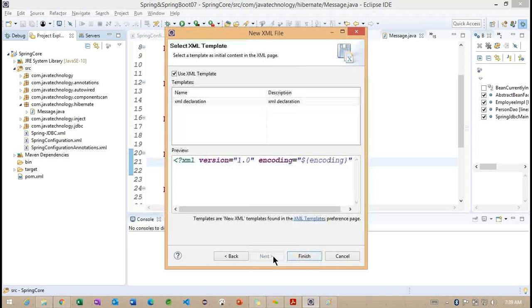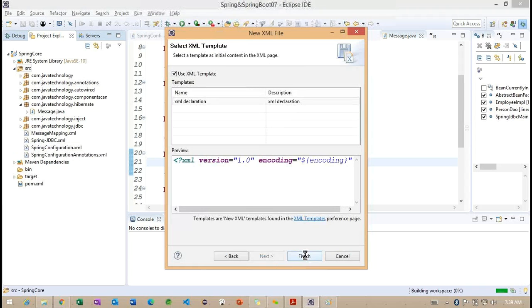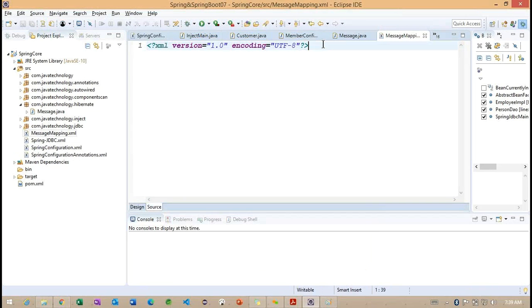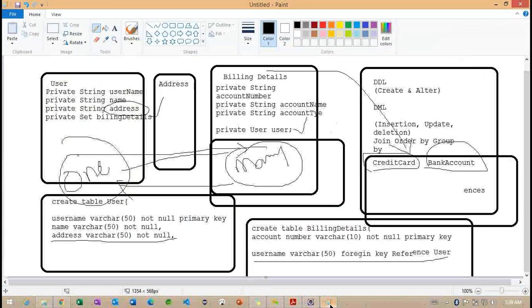So message mapping. And understand here, we want to provide this particular mapping information. Let me copy from the mapping file here.